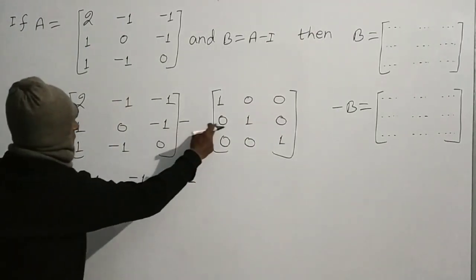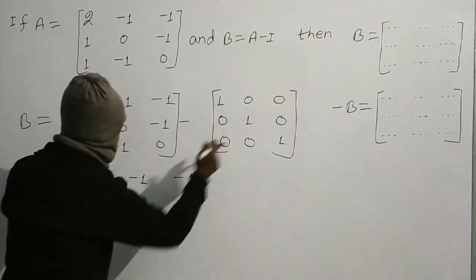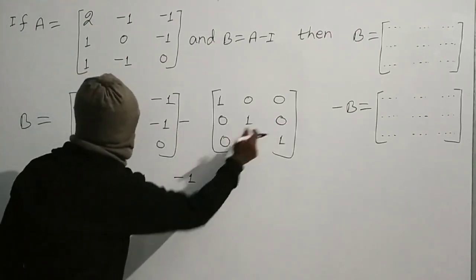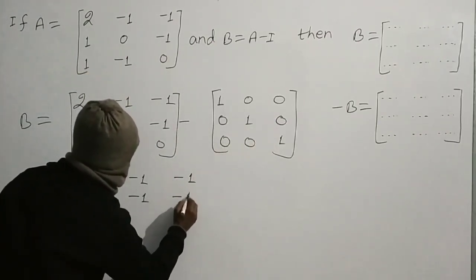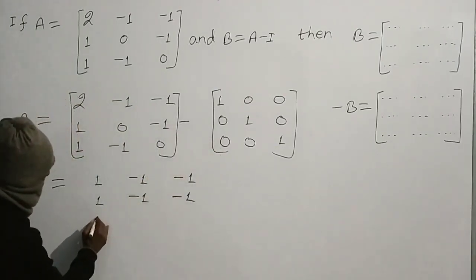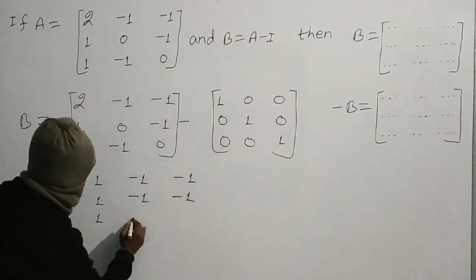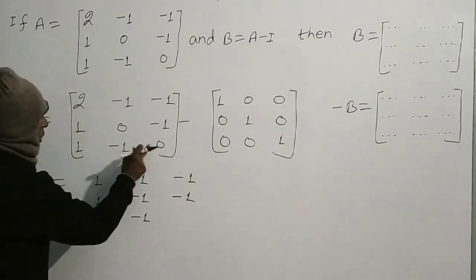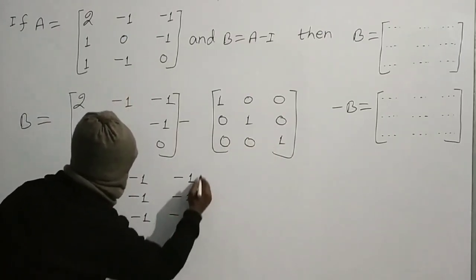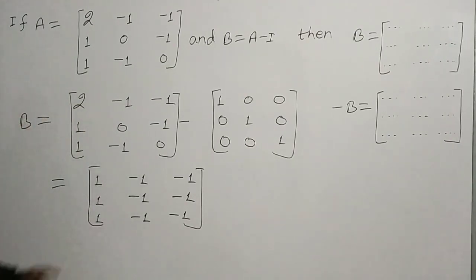1 minus 0, 1. 0 minus 1, minus 1. Minus 1 minus 0, minus 1. 1 minus 0, 1. Minus 1 minus 0, minus 1. 0 minus 1, minus 1. Thus,